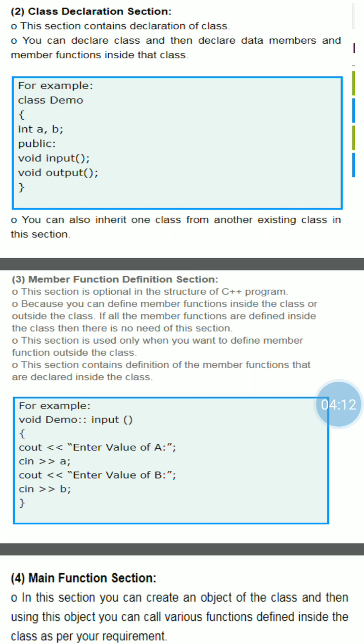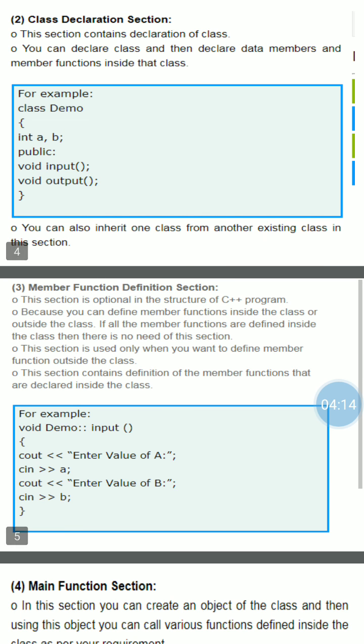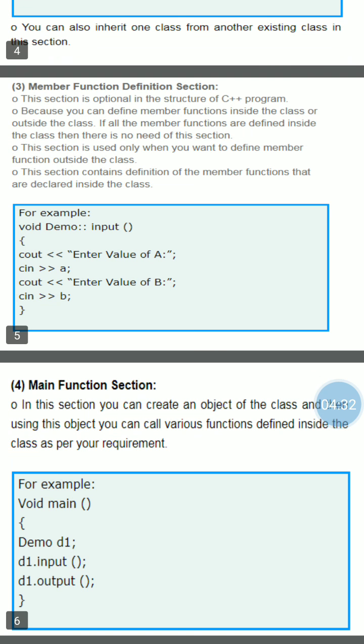Here public is an access specifier. We already discussed in the difference between POP and OOP that there are different access specifiers in object-oriented programming, that is private, public, and protected. This access specifier we discuss in inheritance. We discuss it later in the inheritance chapter.